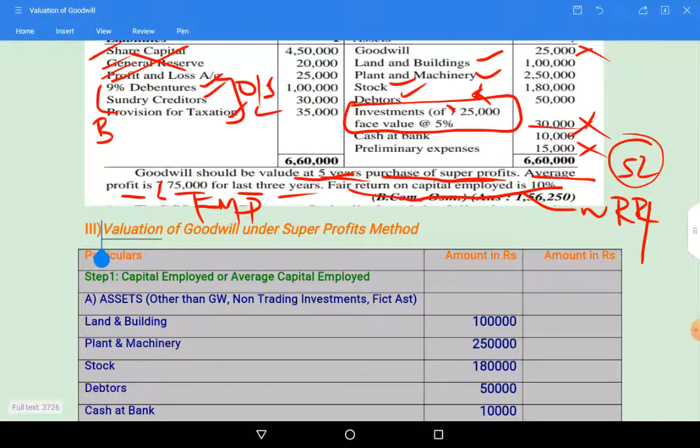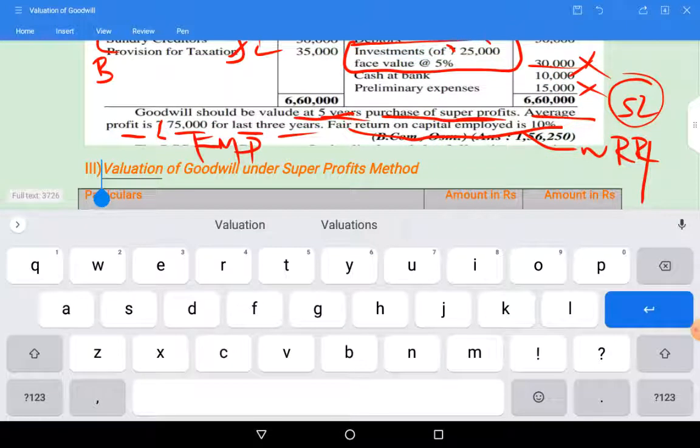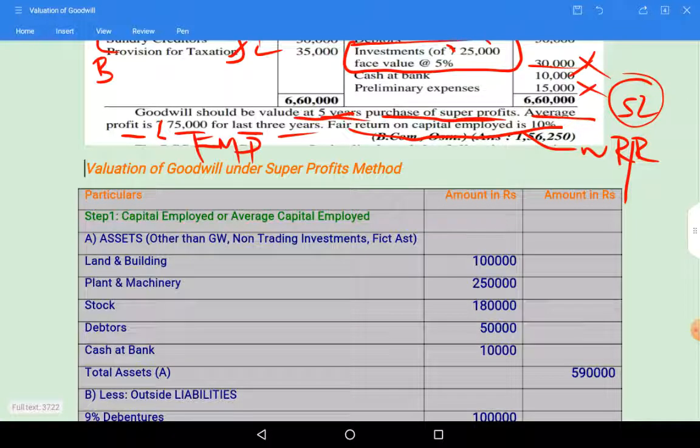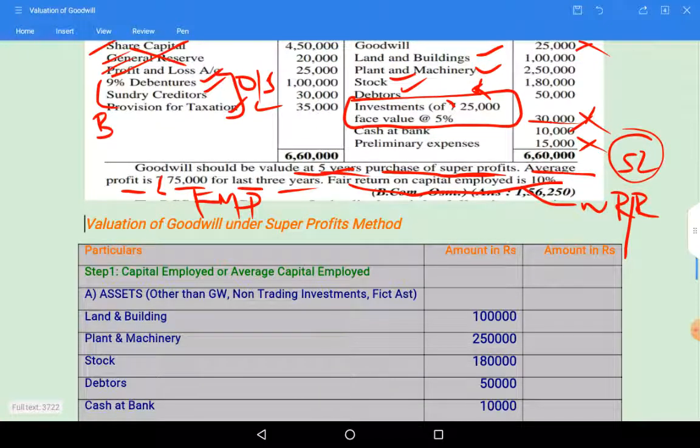Valuation of goodwill. So here comes the valuation of goodwill, and what is our step 1? Step 1 is